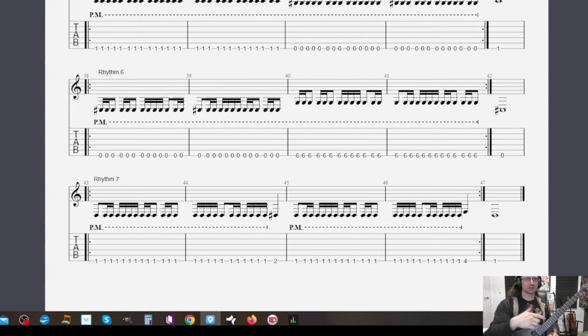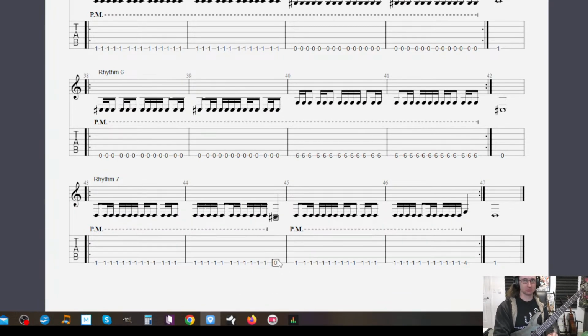Maybe I should do a down and then up like I was originally going to. I'll mute that. Let's see. Just change it to that, add some variation.